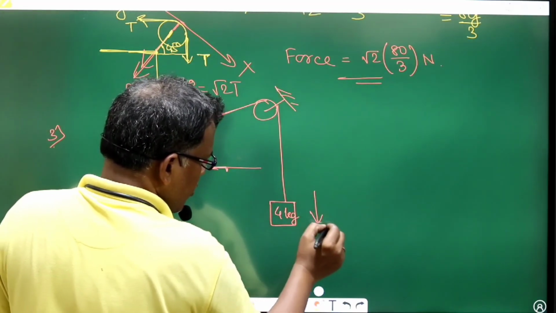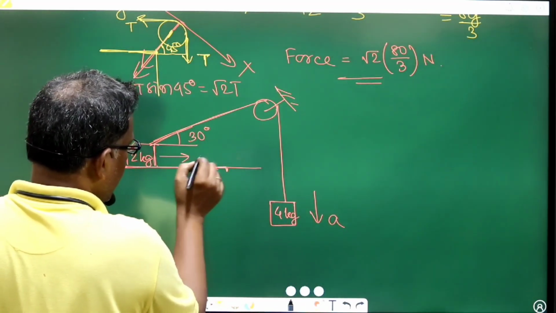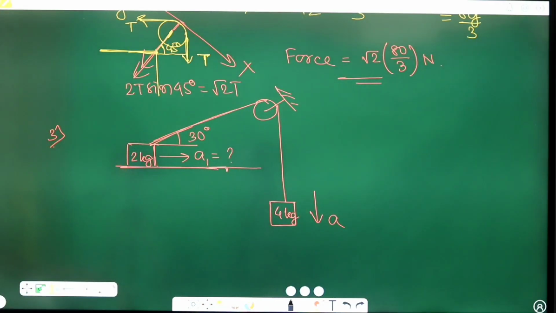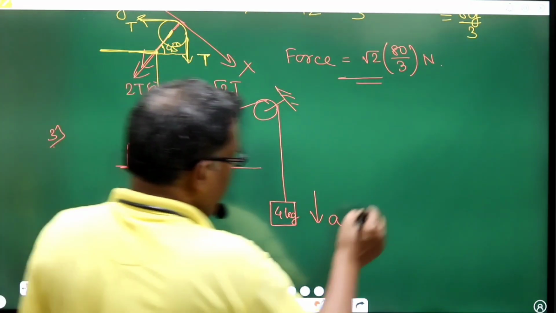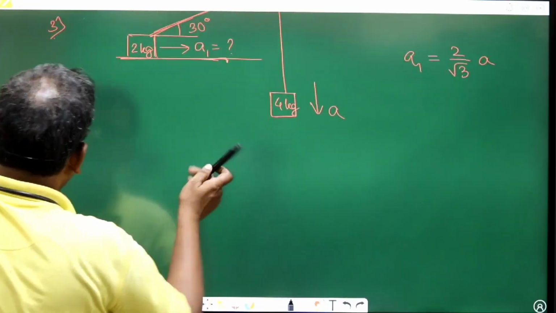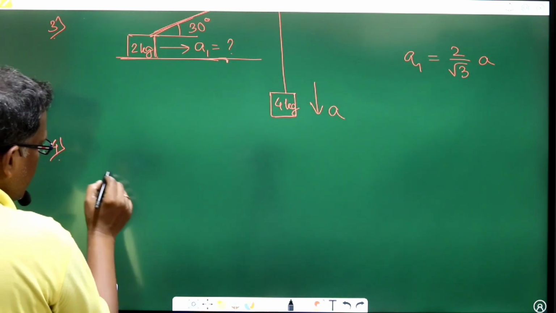If this is going down with an acceleration A, what will be the acceleration of this one? This is a very simple question, but this relation is quite useful. Just a minute, A1 is equal to 2 by root 3 into A. If a question is asked like this,